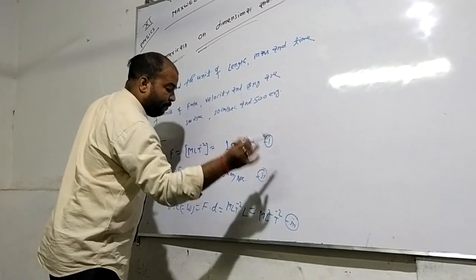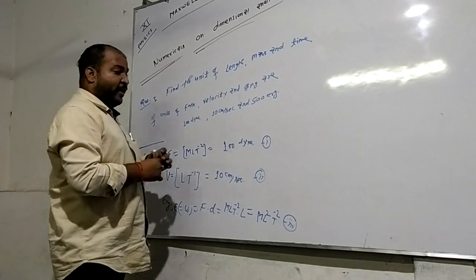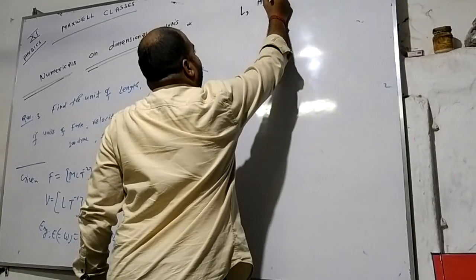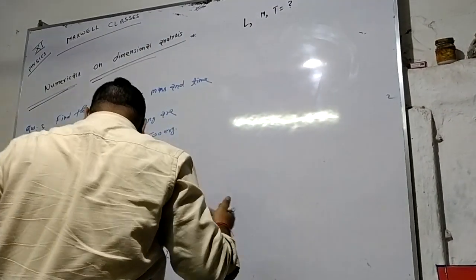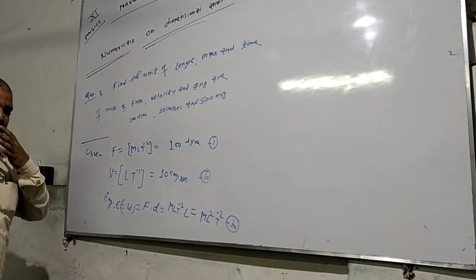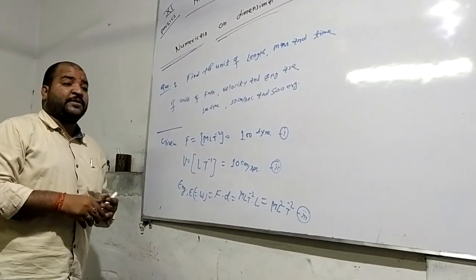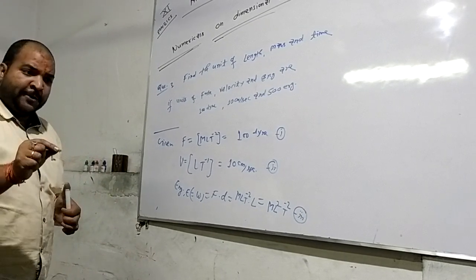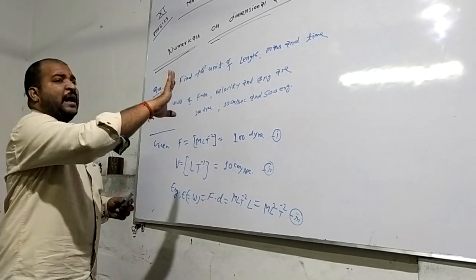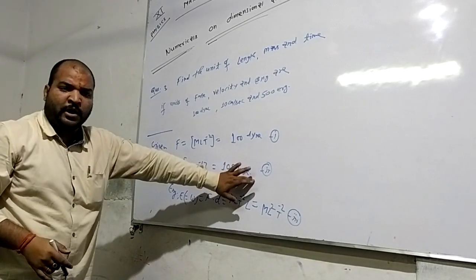This is the third. What to do? The question says to find the value of length, mass and time. Length, mass and time are asked. How to proceed? Look at these three known equations and try to adjust them. Try to deal with these equations so that you have the separate value of length, mass and time. Firstly, proceed for a single one, length or mass or time, which can be easily separated using these three. Proceed for that one.